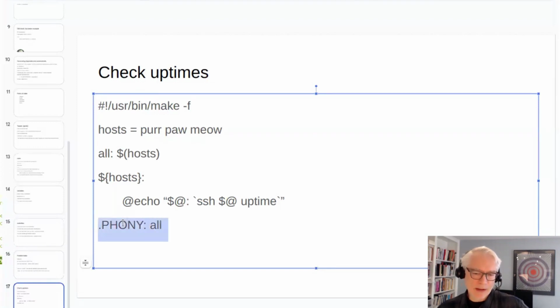And without this line, if we had a file in the directory called all, and we tried to run this, it would just say all is up to date, because it would see a file that has a recent timestamp, and it would say all is our target. So we need this line to tell it that